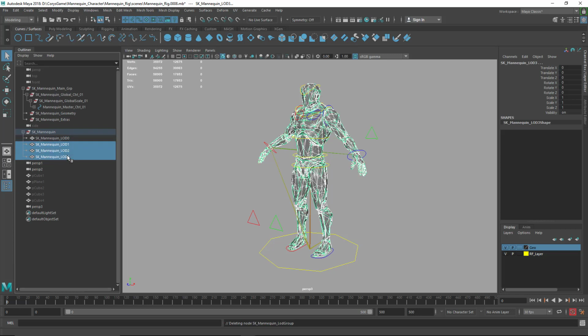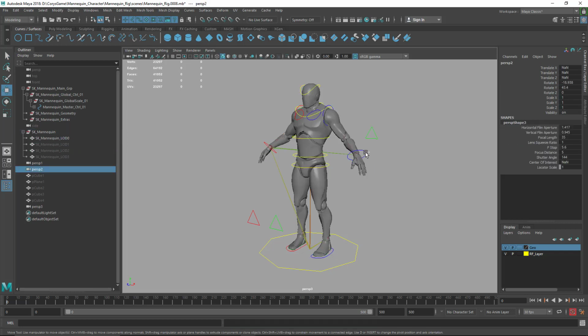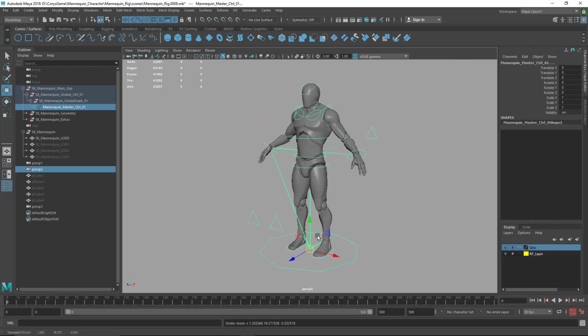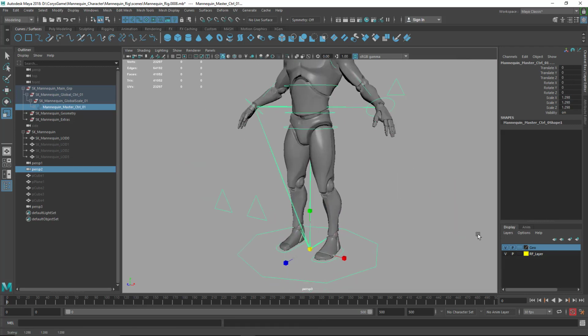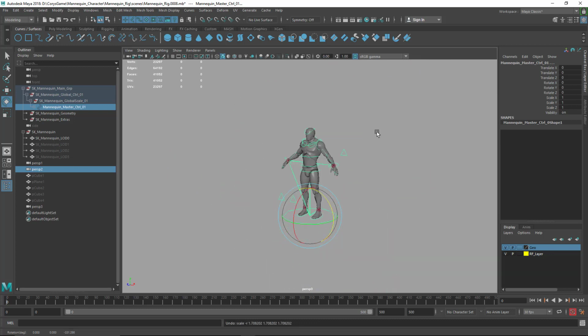I could take LOD 1 to 3, Shift H, or sorry, H to hide. And now I'm left with this last one here. So now we can move it around, it scales, it's visible, we can translate it, we can rotate it, we can scale it, and it works great. So now it's all ready for animation testing,